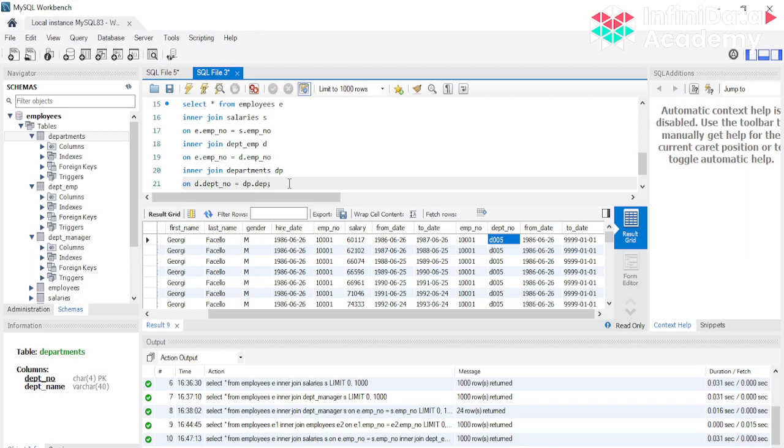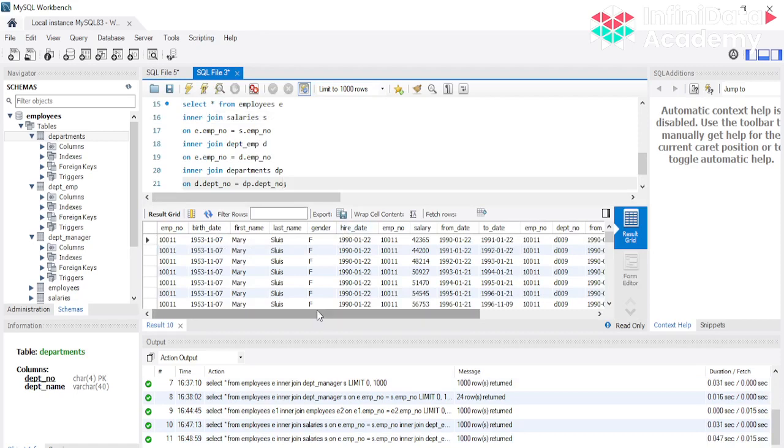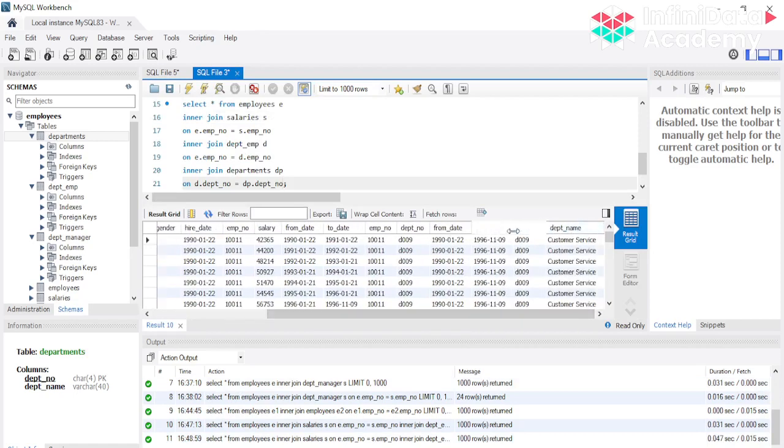On this we have the same column, basically department number, and let's run this. And as you can see here, in this case we got the department name as well, right? So you can do multiple joins with the tables and different types of join.